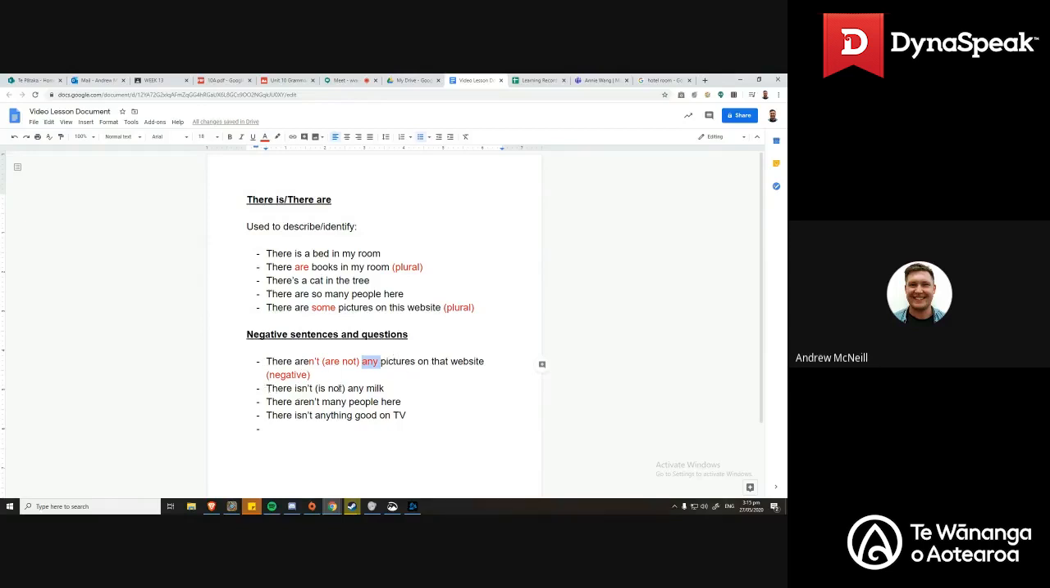There isn't any milk. Now for this one, it's singular, just milk. But with this one, S, it's a plural. That's why we use are. There aren't many people here. This is negative. And it's a plural again, people. So we use are. So the sentence order is the same. We just put not